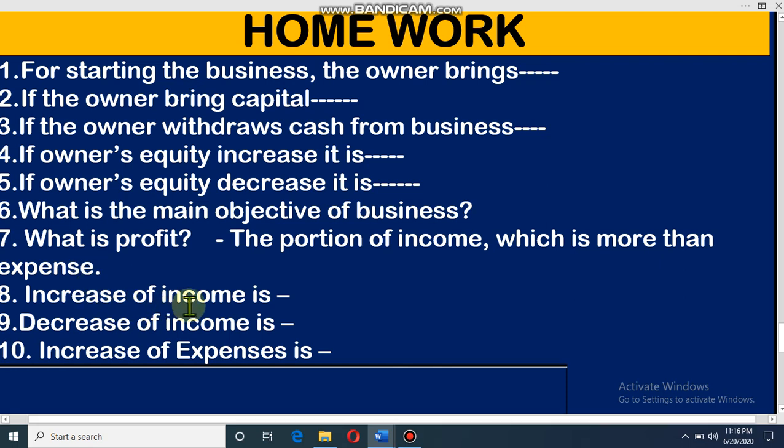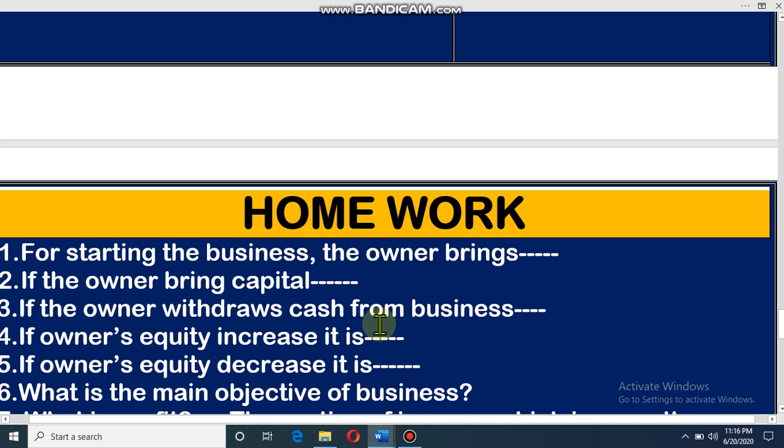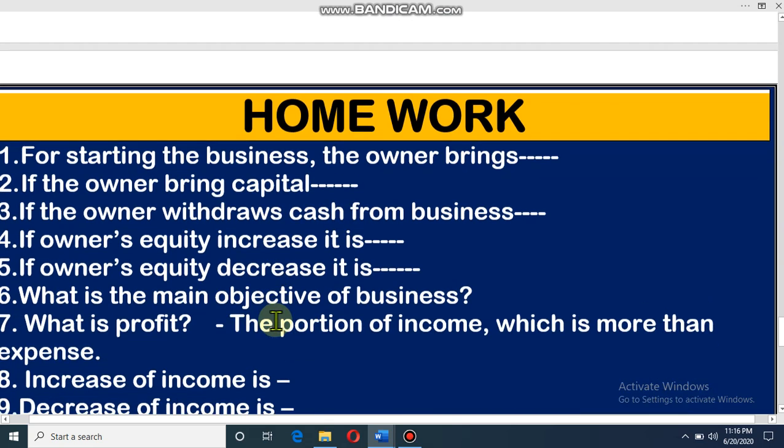In case of income, increase is credit and decrease of income is debit, and increase of expenses is debit and decrease of expenses is credit. Dear student, I hope all of you understand. These are some important MCQ. And dear student, I have given you an MCQ sheet also. So from the sheet you will get more MCQ, and the more you read